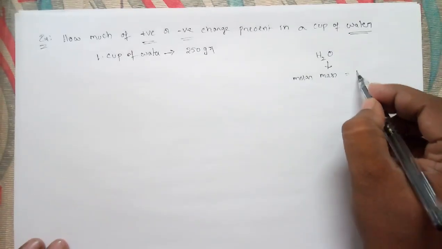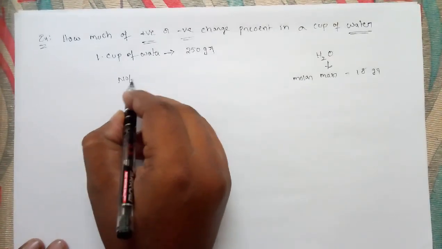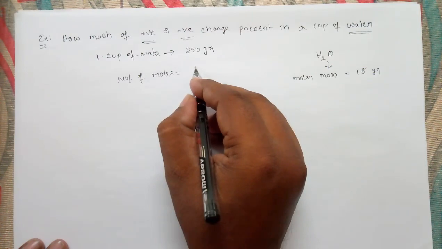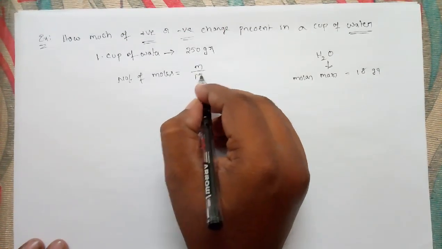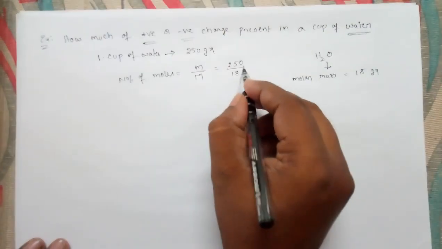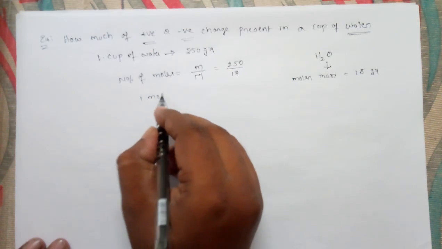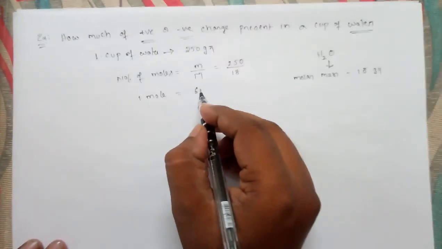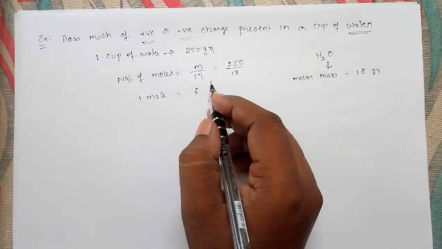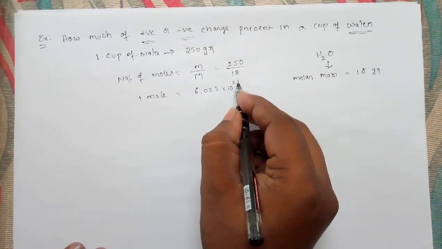Molar mass is 18, so 18 grams. First we will discuss the number of moles. Number of moles is equal to given mass by molar mass, that is, given mass is 250 grams by molar mass 18. This is the number of moles. And in 1 mole, there are 6.023 into 10 raised to 23